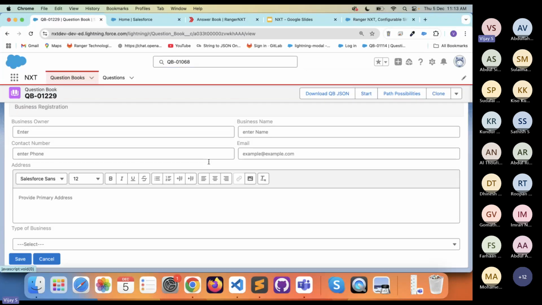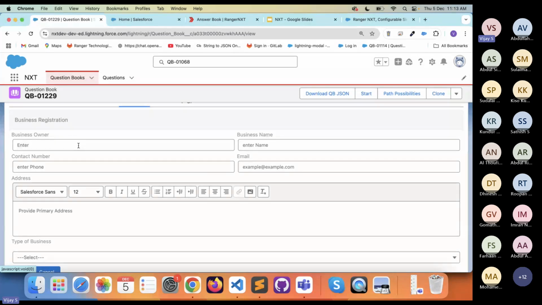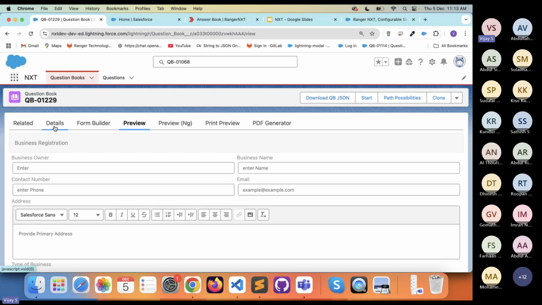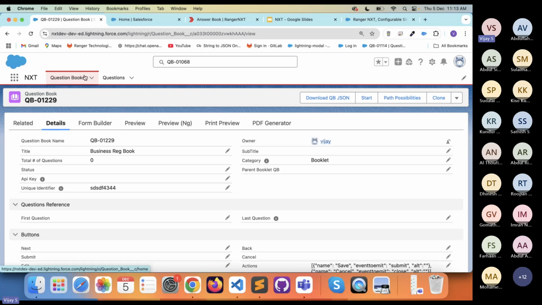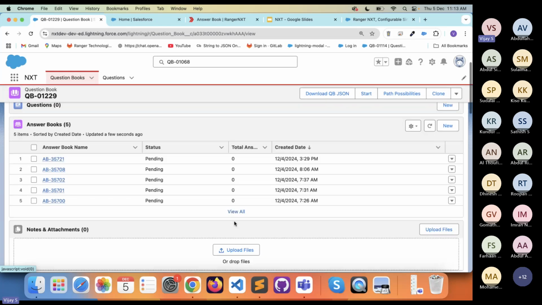So here I have set up the business registration form. So here I have used these fields as questions. So this is the container of our form. So this is called the question book. So in the question book related list, we have multiple questions. So based on the question type,